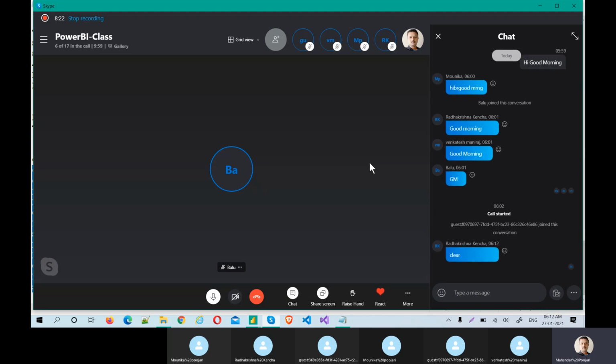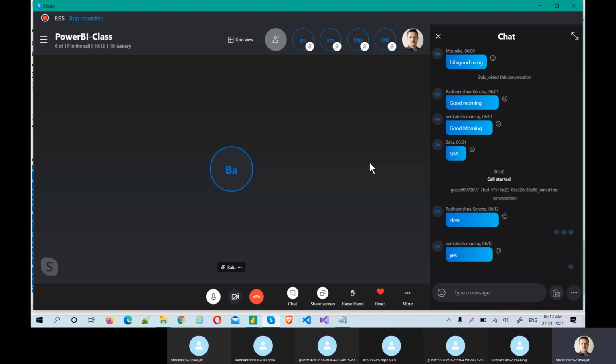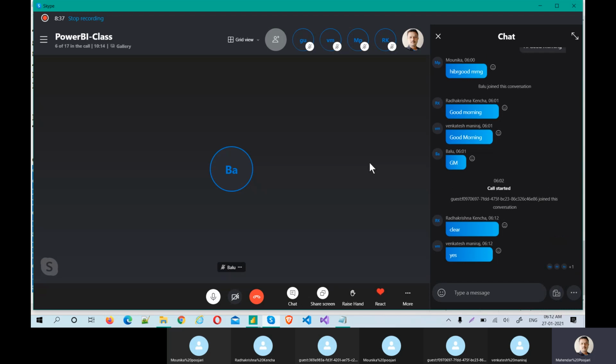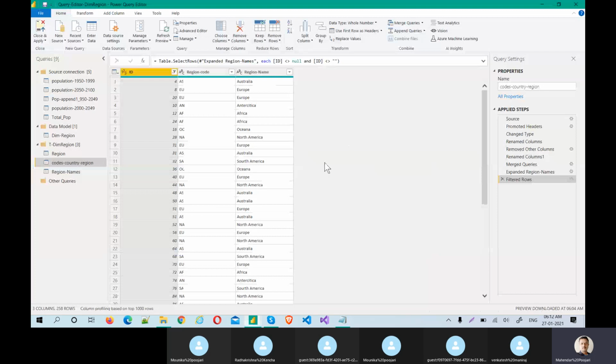So we can do it two ways. Either you can upload the same file or you can enter manually. Yes, perfect. Hope it's clear for everyone. It's a little tricky, but I just want to make sure you understand this clearly.